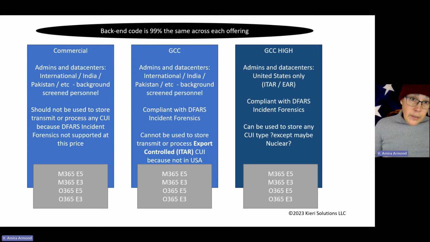Then based on the type of CUI that you have, you might need to use a cloud that guarantees its personnel and its data centers are in the United States, if you have export controlled CUI, which is not all CUI. But there's plenty of cloud providers that meet all that. You can go to the FedRAMP marketplace